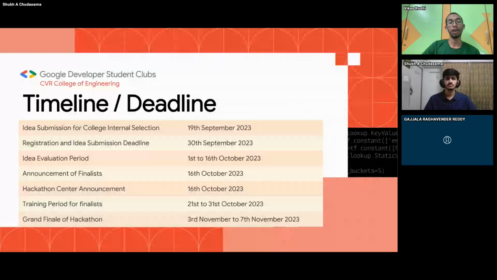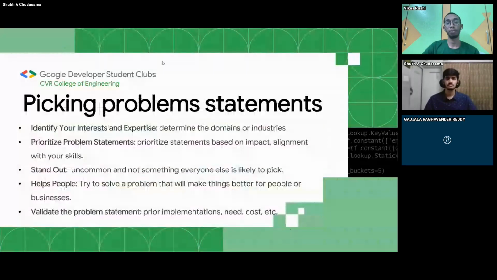So now we have seen the timeline and deadline. So how do we pick a problem statement? Since there are many problem statements, there are like 239 problem statements, including both hardware and software. So firstly, identify your interest and expertise, and determine the domains and industries that align with your team's interest and expertise.